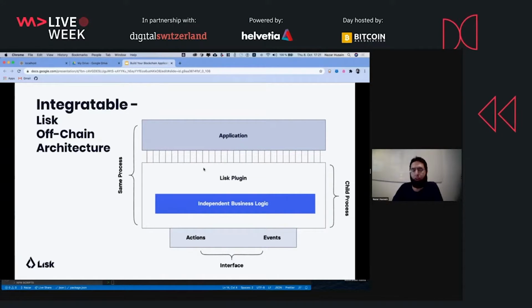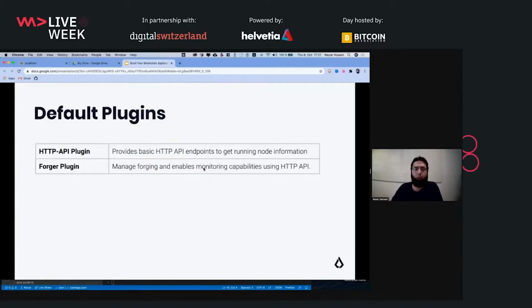So once you have the plugins, then we have these two plugins that we expose from our SDK. One is the HTTP API plugin, and then we have this Forger plugin. These two are pretty basic plugins that are available, but they can provide you all the features that you need to cover the requirement of any simple blockchain use case. And then we have this